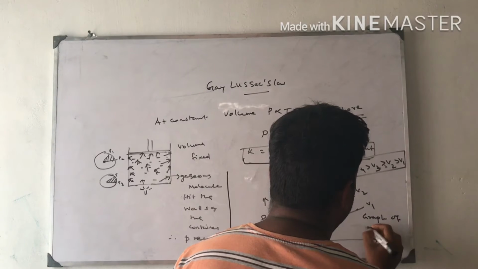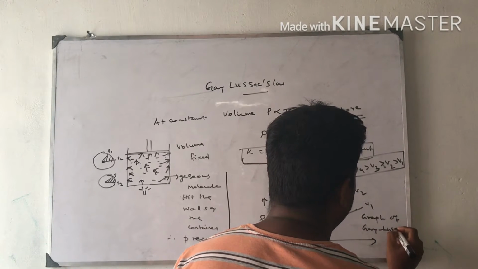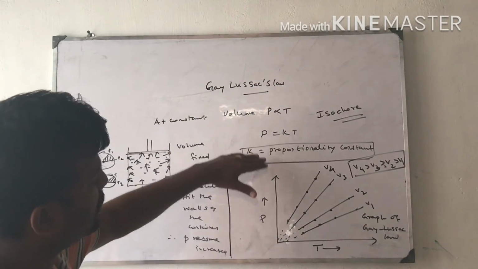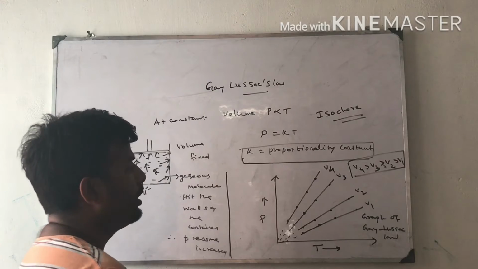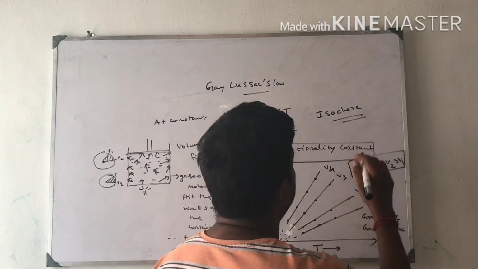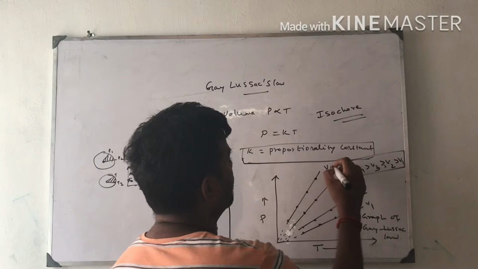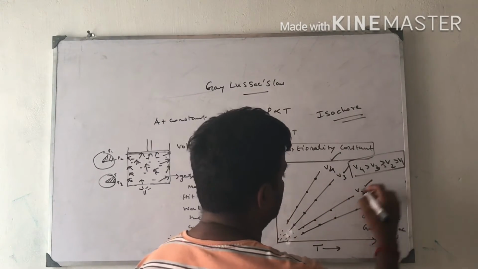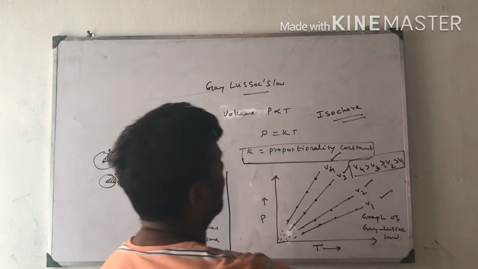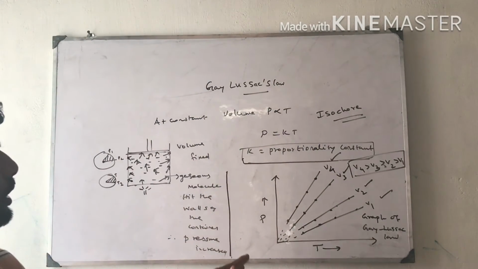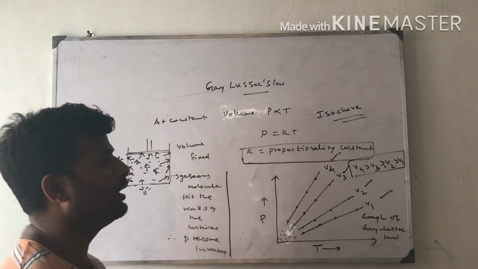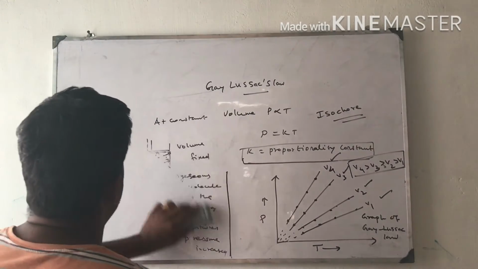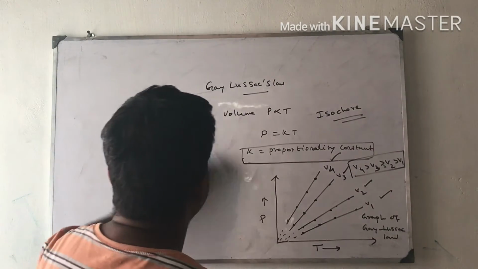Graph of Gay-Lussac's law. In this graph we find that if I increase the temperature, pressure also increases, but the reaction takes place at constant volume. I am taking 5 readings at the volume of this one, 5 readings of this one, and 5 readings of this one. So all these individual curves are joined. So this is the Gay-Lussac's law explanation. Next I am going to start with Avogadro law.